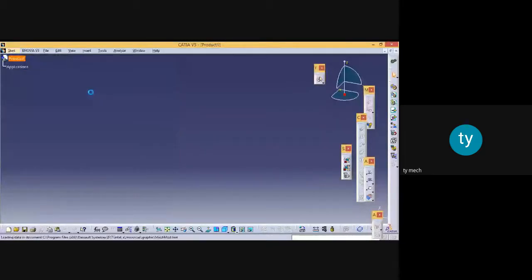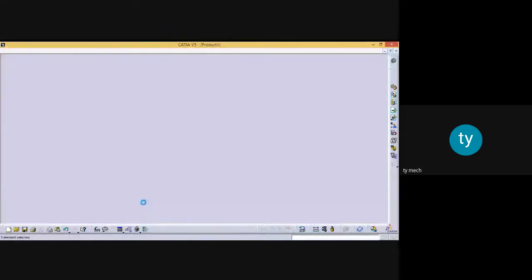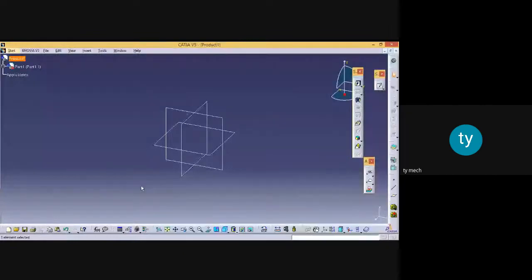So first of all, you have to go to the start menu, then mechanical design, and then part design. You need a laptop or a computer with high configuration, and it will take a minute initially to get activated with the new menus. So we have now entered part design.